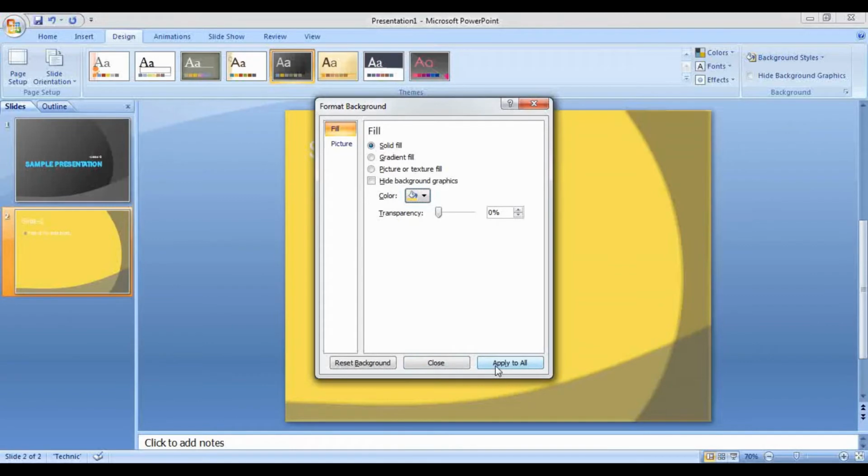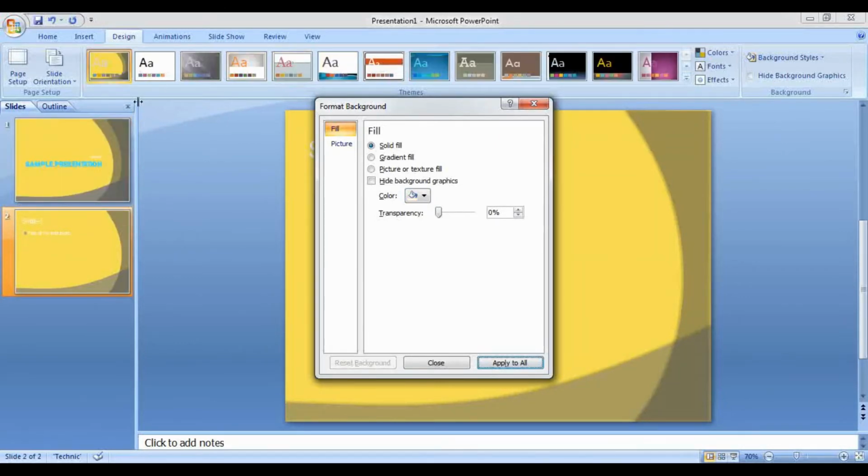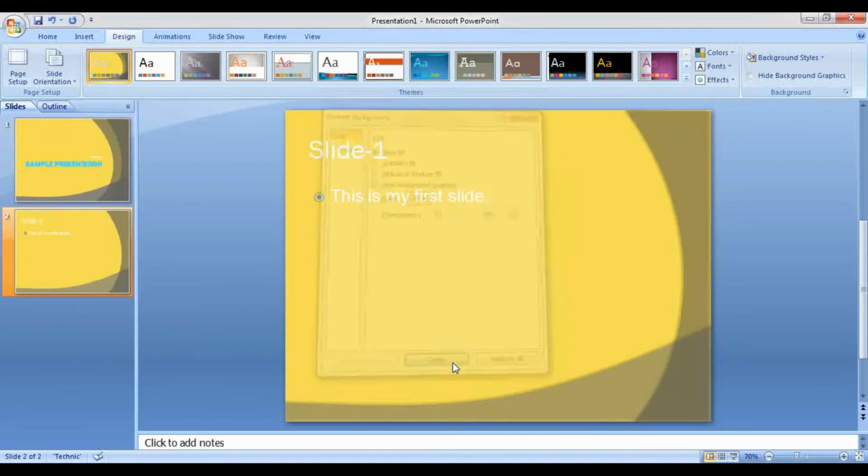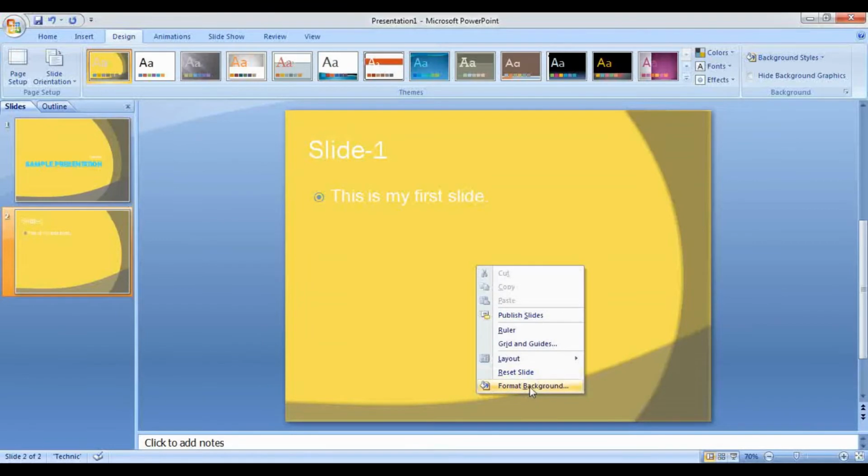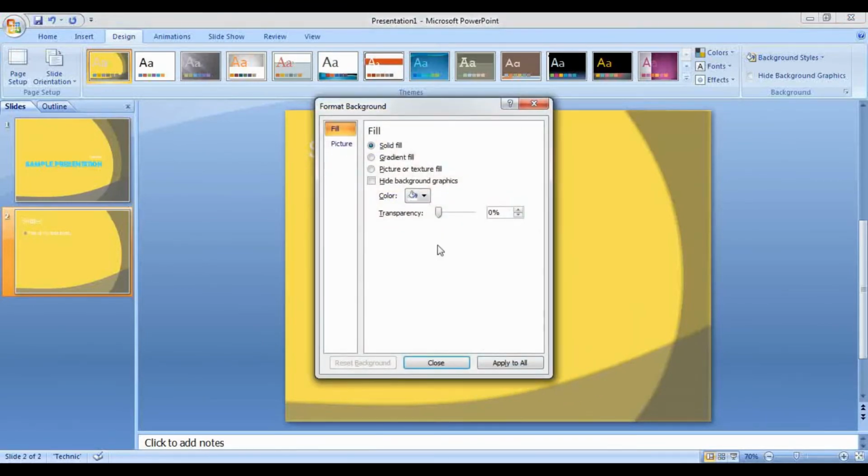Right now only slide 2 has the yellow color and slide 1 is in its old color. When I click on apply to all, even slide 1 will change to yellow. So that's the difference. If you simply click on close, that effect will be applied to only that slide. If you click on apply to all, it will be applied to all the slides in the presentation.